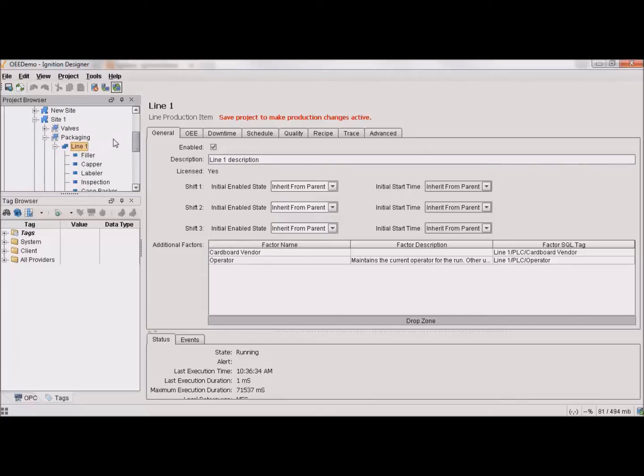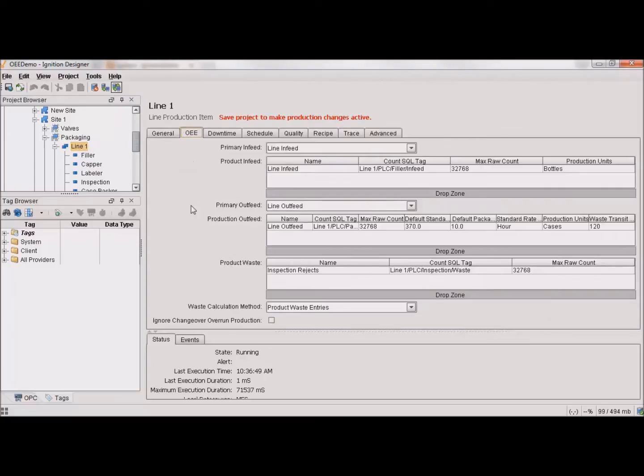On that, we can then go over here on the right-hand side and configure all of the MES modules. You'll see a tab for each of the modules over here. There's OE downtime, there's quality, recipe, track and trace, all right there. We're going to start with OE downtime. If I look here on my line, I can click on the OE tab and I can see that